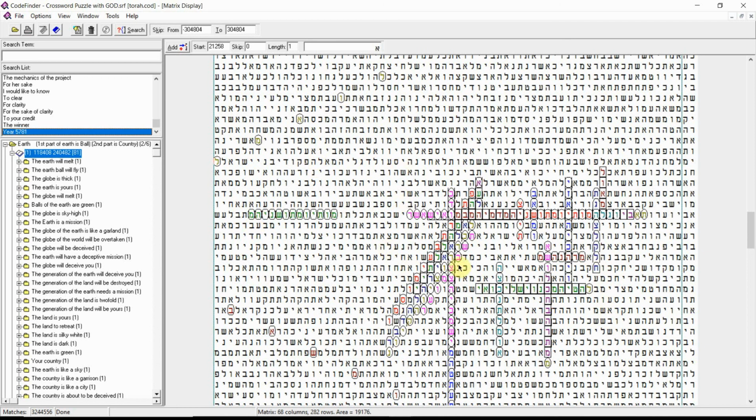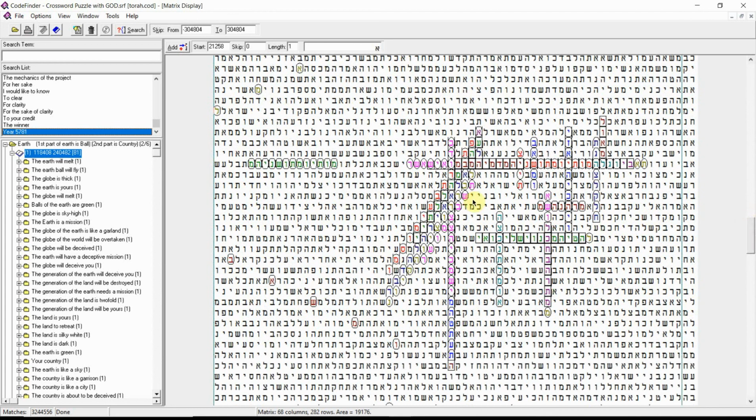But I doubt anybody else is doing a crossword puzzle. That's just my thought. Could be wrong. If you're out there and you're doing a crossword puzzle and you came across mine, you can let me know and say, hey, me too. I did the same crossword puzzle. That would be totally amazing because we'd be linked spiritually somehow.